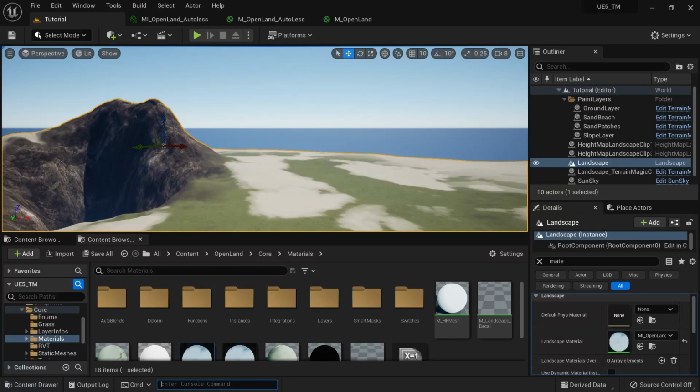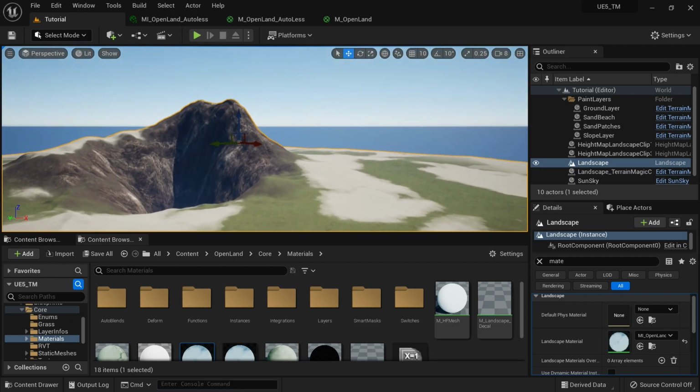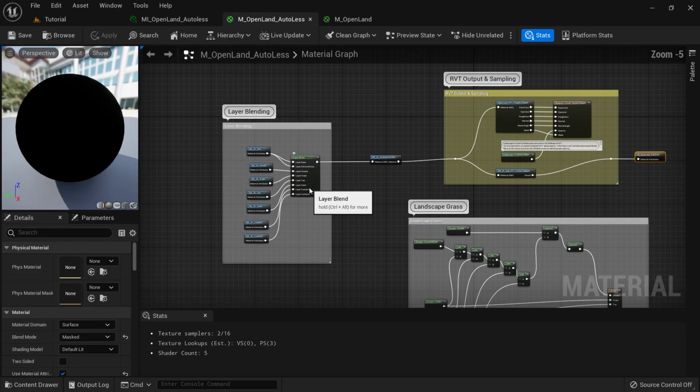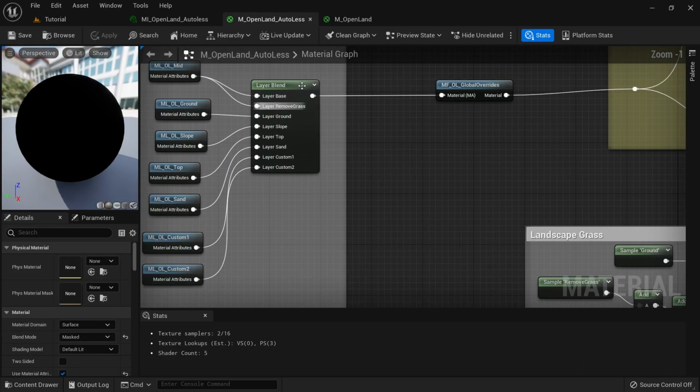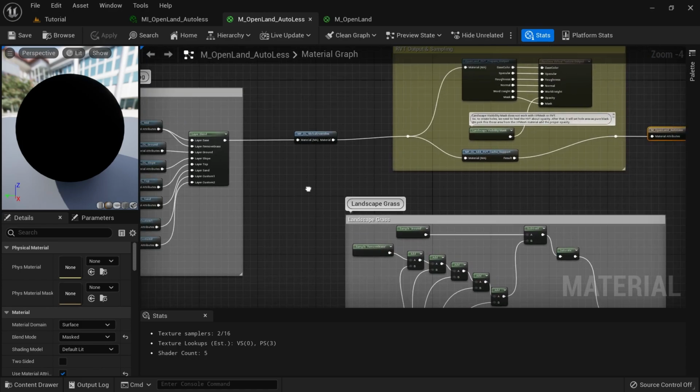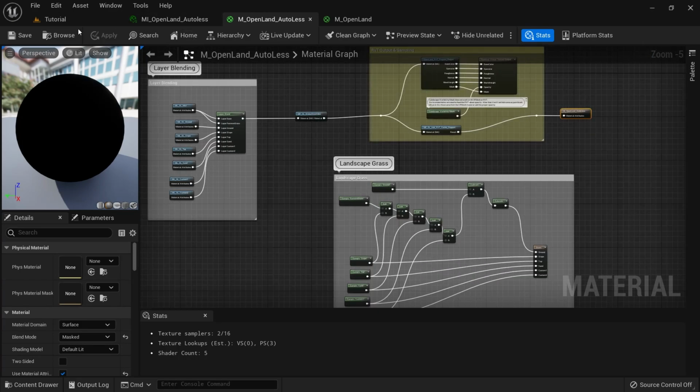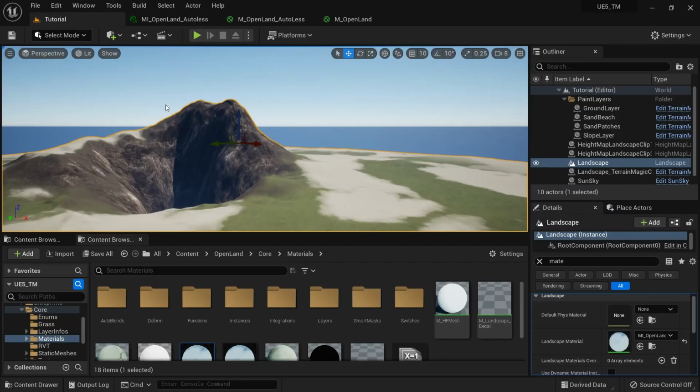Hi, welcome again. This is a live demo where I talk about the Autoless material that comes with OpenLand. Recently, I made a video about how to create an auto blending landscape using the editor, using the Terrain Magic plugin. So basically, if you think about your landscape material, it will be super simple like this. We have layer blends, and then you have some grass stuff, and all the blending, all the mixing